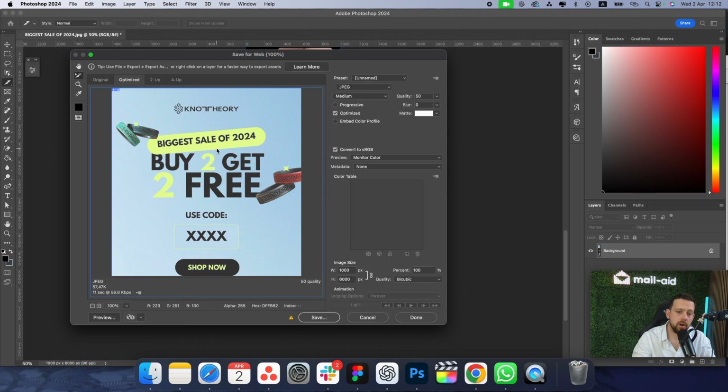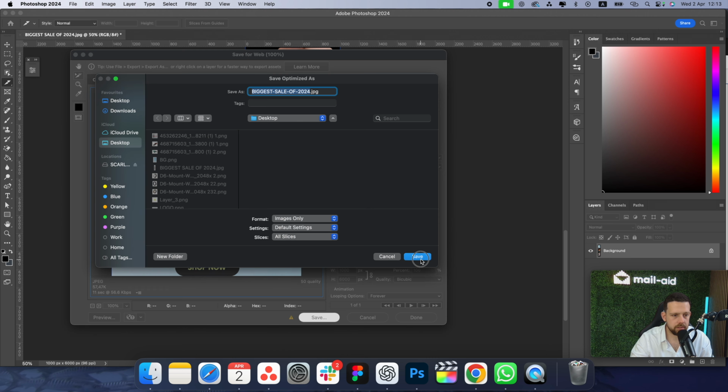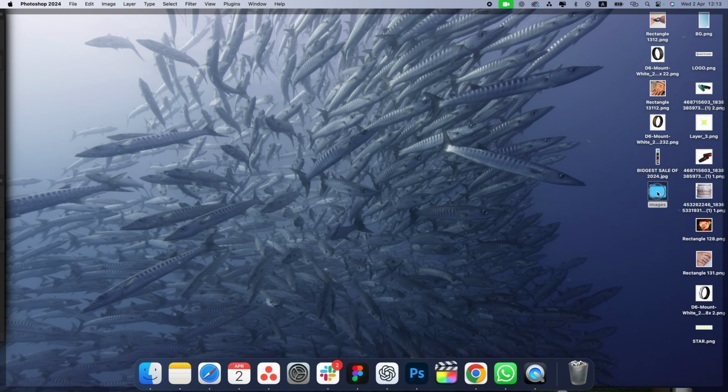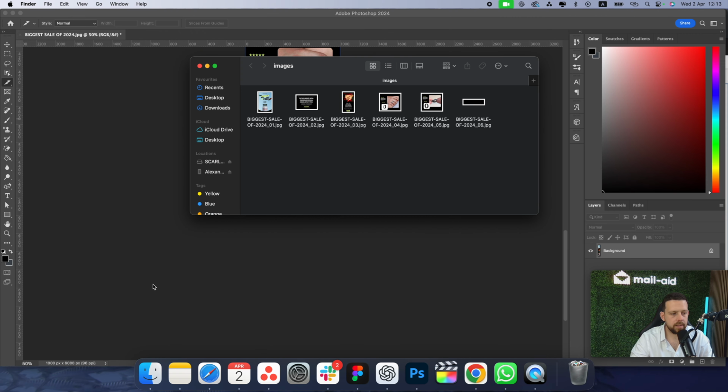This will help our slices be optimized and smaller in size, so they can load faster. You can copy paste these settings here. So we are using JPEG, we are using medium compression quality, and for quality we usually choose 50. You can play with it, but yeah. Then click Save. It is going to make a folder here with all your slices,